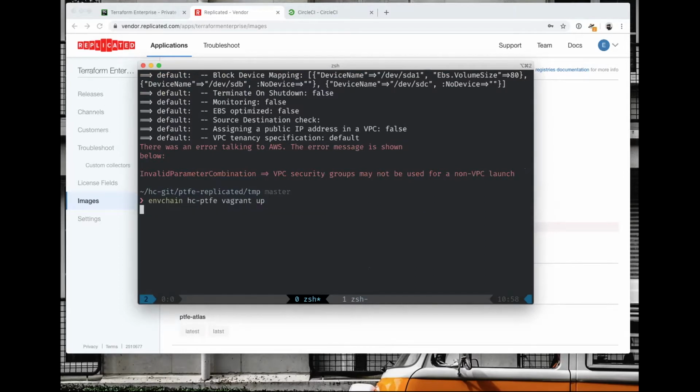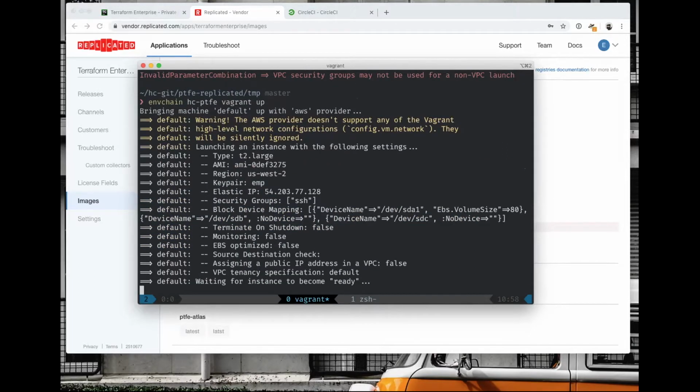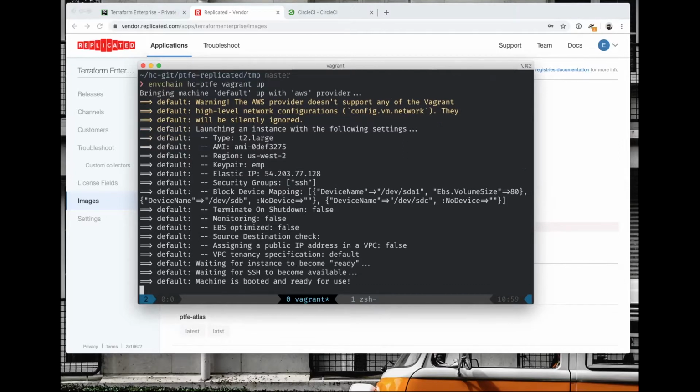It was Mitchell, one of the co-founders, who started working on it when he worked at the company prior to HashiCorp. They needed a way of spinning up basically dev instances and test instances for developers. It's all written in Ruby because that's what Mitchell was writing at the time. So yeah, this is just going to bring up an instance.